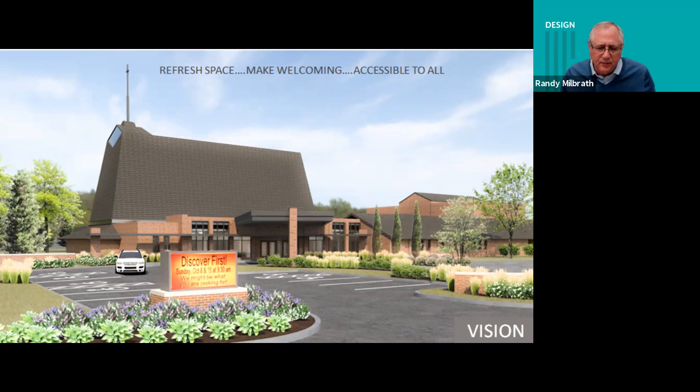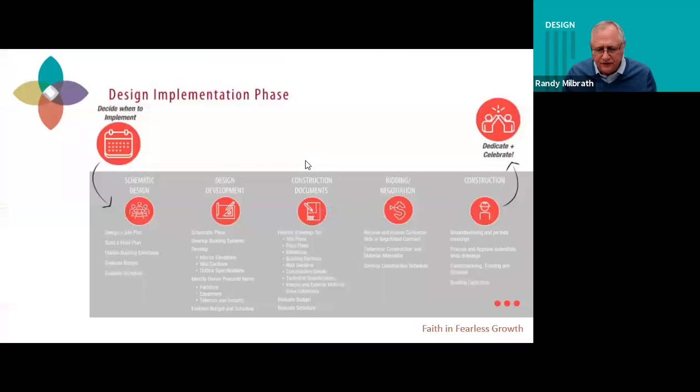And then they went about the business of figuring out what they could afford, what they had, what they needed to borrow versus what they could raise. They reached that point, and then I mentioned I would come back to this. So implementing has its own set of phases and an enormous amount of work. So typically we would work with a steering committee that maybe morphs into a building committee, and we would work through all of the design and how you're going to build it, how you're going to work with the contractor.